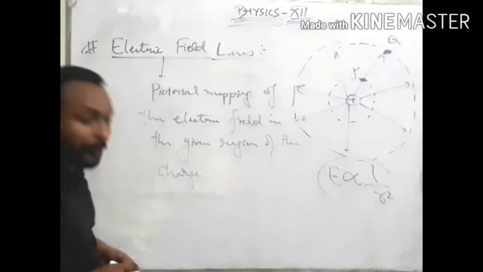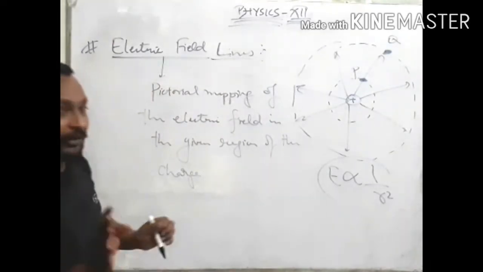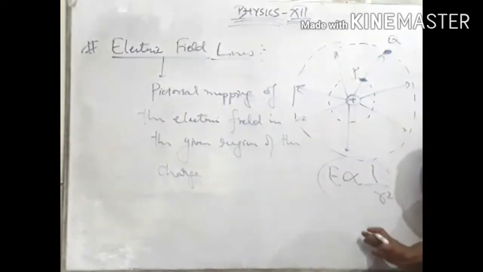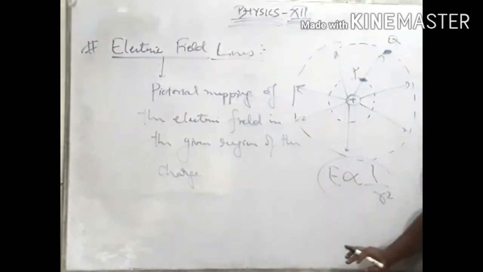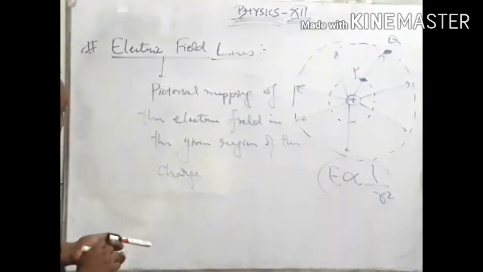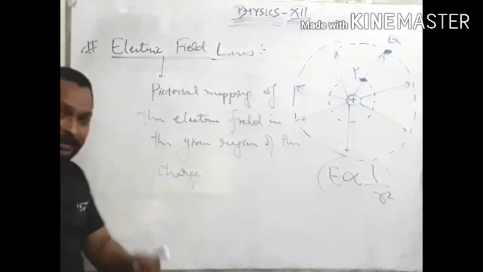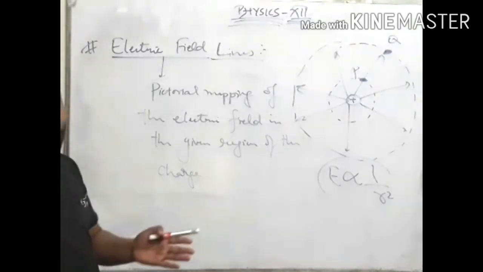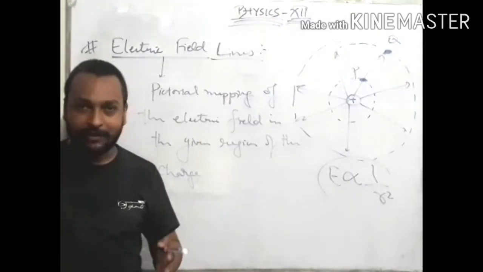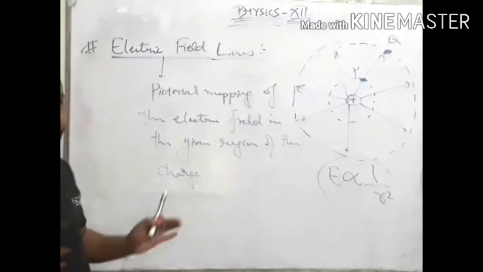Well, electric field lines possess some important properties. So what are the properties of electric field lines that we shall discuss here? Is that clear to you all? I think it is very clear. Okay, fine. So next, we shall go for the properties of electric field lines. Basically, in NCERT you will be studying about 4 different properties. Well, whatever the properties are there, you can understand well. I shall tell you the basics.